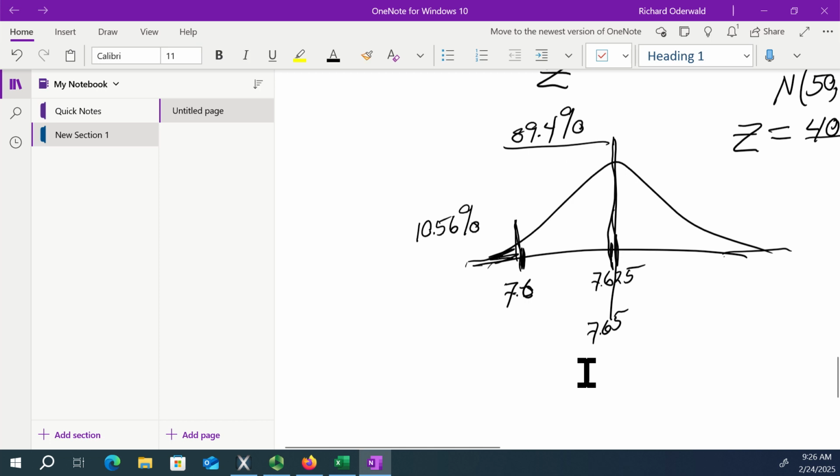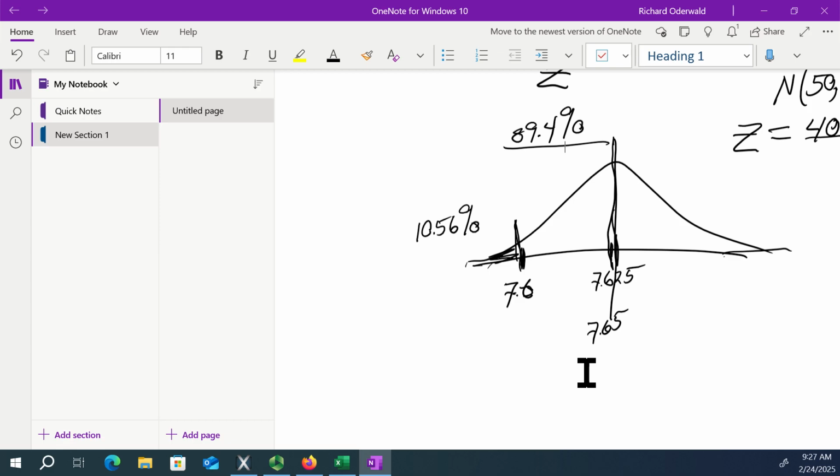This is from all the way back here, and the normal distribution goes to minus infinity and plus infinity on the other side. There is no end to it. It's just that the probability of things back here in these tails is so low that we don't need to worry about it. So from all the way back there, minus infinity, up to 7.65 is